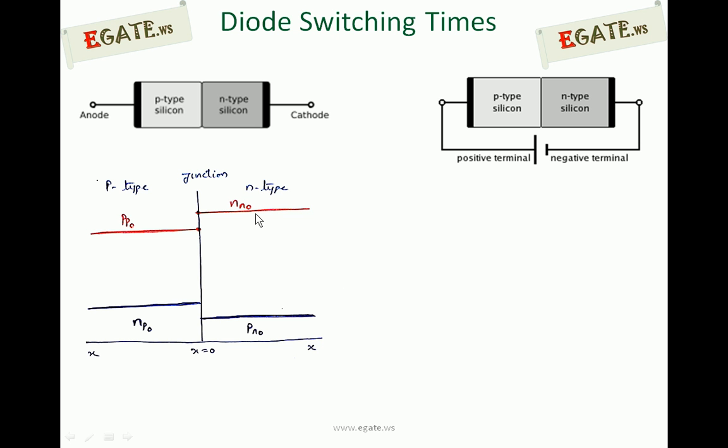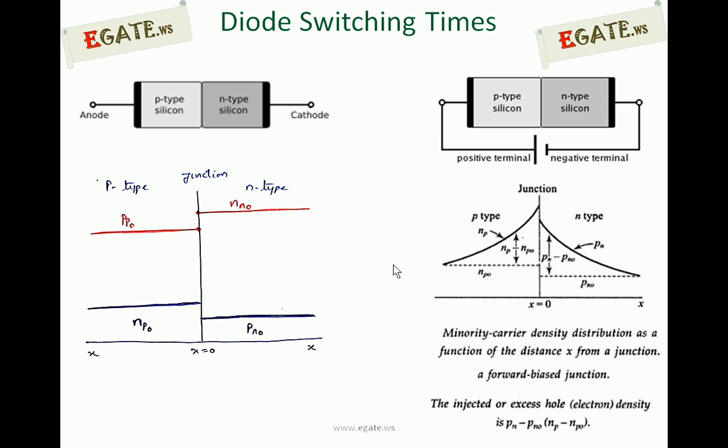Similarly, on the n side, the majority carriers are electrons, which are repelled by the negative terminal because of forward bias, and the repelled electrons enter into p side. Initially they will be very large in number at the junction, and as they enter into p side they become minority carriers. They will try to recombine with the holes present in p side, which are majority carriers. So the concentration of electrons reduces exponentially from the junction as you move away from the junction towards p side. So this is the diagram representing